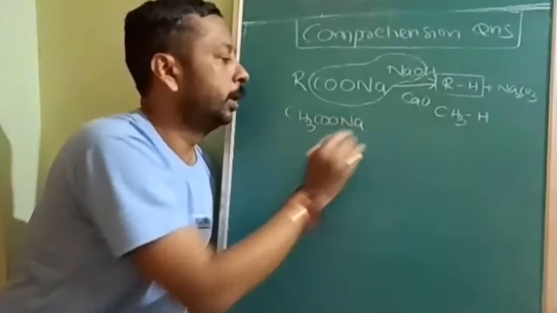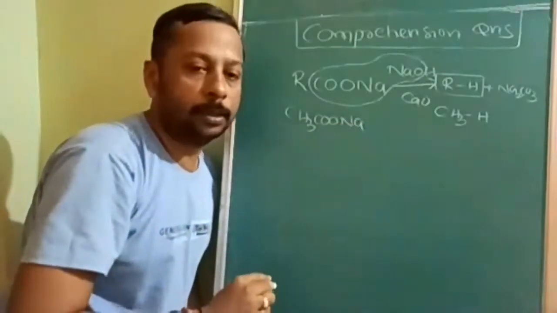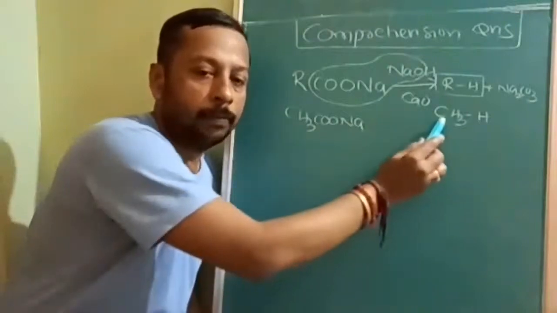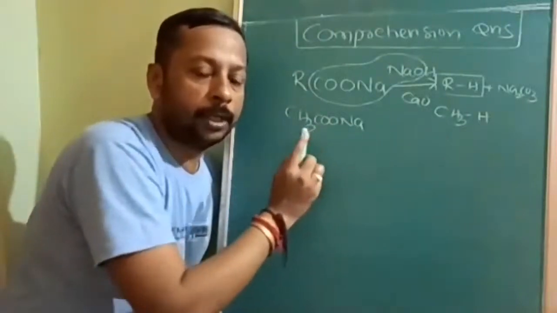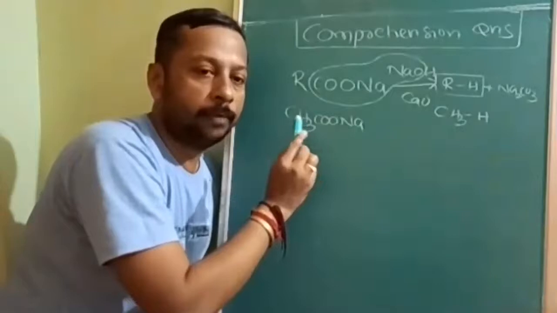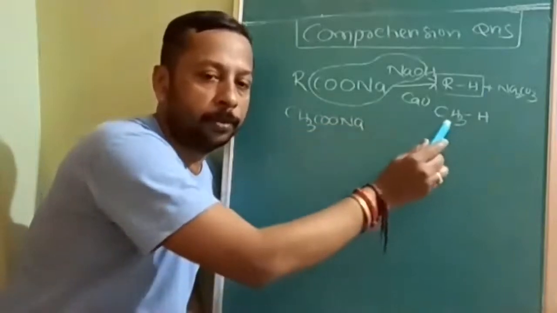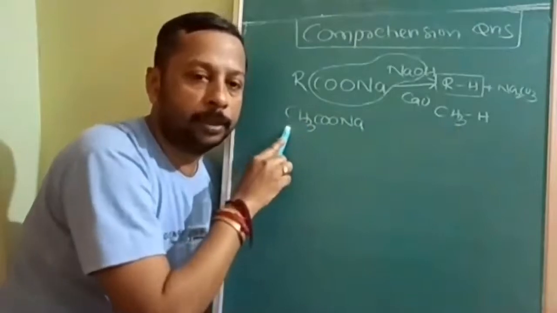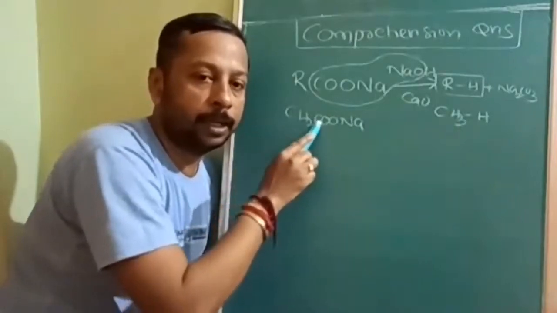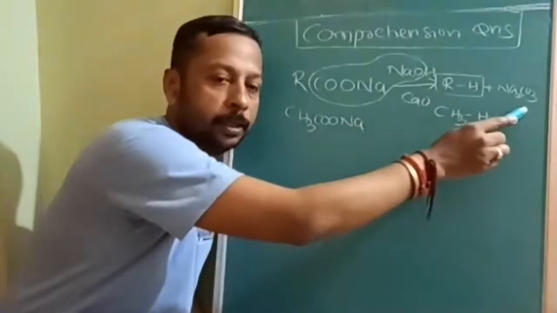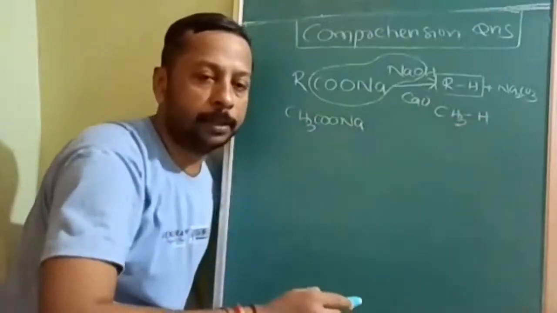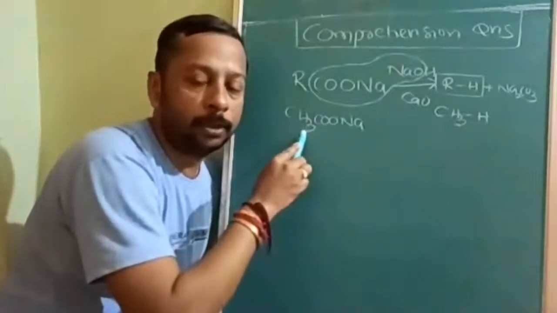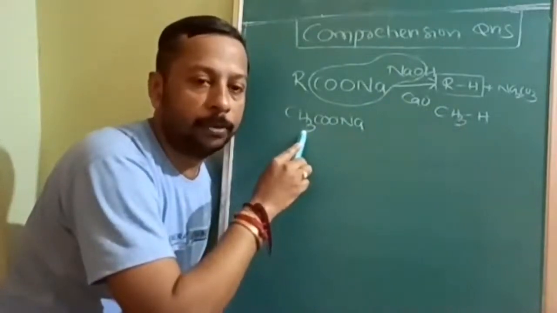That means we have to take CH3COONa. I am telling you at this stage because they may ask something else also, all related. So the reactant you have to use should have one carbon more than the product. Suppose they want methane, we will use sodium ethanoate. Is it understood? Because one carbon is lost in decarboxylation, the product will always have one carbon less. If you want, suppose, butane, you will use the sodium salt or potassium salt of pentanoic acid.